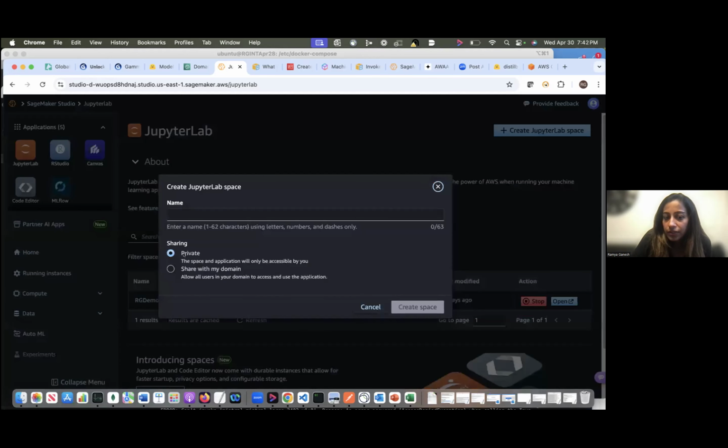You just have to choose private or share with my domain. If it's just for your own use and you're the only user in this AWS account, go with private. But if you're collaborating with other people in a team, you would go with share with my domain. Any code that you use will then be shared with the other team members as well. For now, I will just go ahead and kick off.